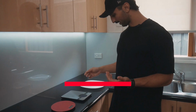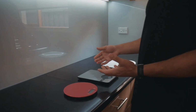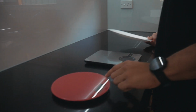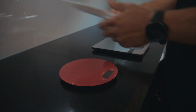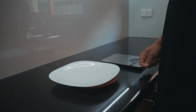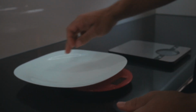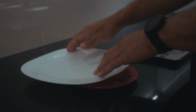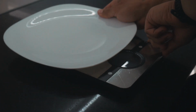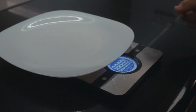I find that getting a set of scales that are a bit bigger in size definitely helps with trying to weigh food. When I had these and was starting out, it was just a pain to see what I was tracking, if that was covered. When it was about here, I'll put stuff on and it'll start to lose balance, and who knows how accurate that is. So having some scales that are just a bit bigger make it a lot easier to weigh your